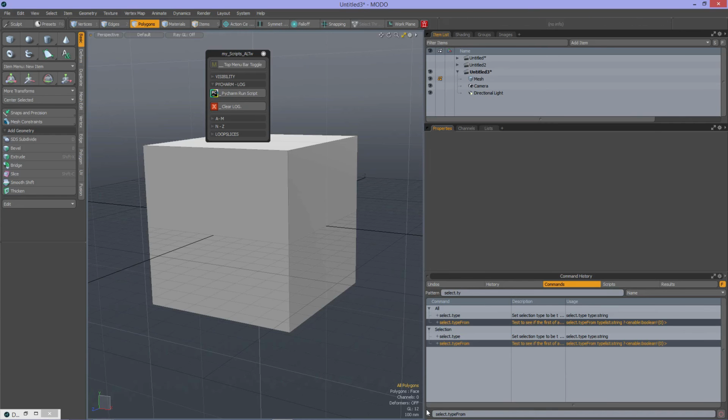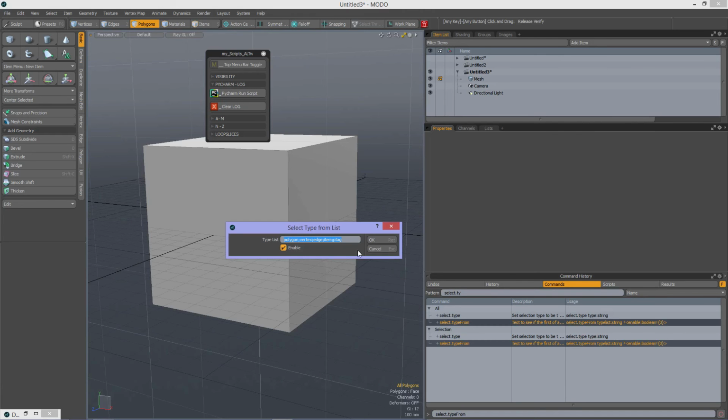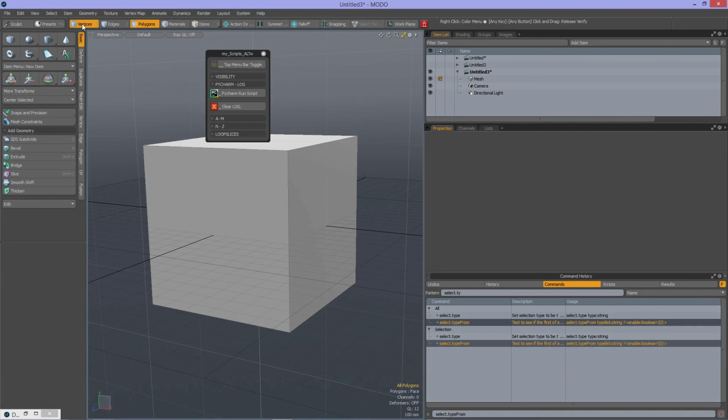Now when I simply say select type from, so earlier I've shown in an earlier video or part, I've shown you that when you don't need to specify arguments, and if you run this code like that, you will get a pop-up. So let's test that. With select.type from entered, press the enter key, and you see now I get a pop-up, and then I can specify which component mode I want. So I am in polygon right now, so I'm going to cancel. For now I'm going to say, for instance, I'm in vertex component mode. In command history, select.type from, press the enter key,